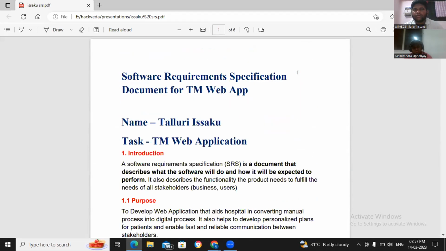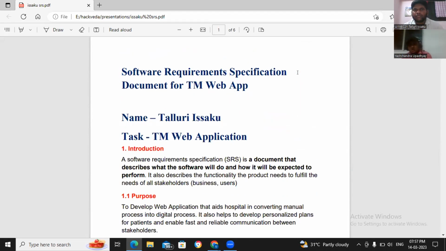Go to page number 1. I believe I have told you previously, this is not how you give a presentation on this task. You have just read your document. I can do that. Okay. So you need to give a proper explanation, like why these things are needed. See, what have you written for what is an SRS document?